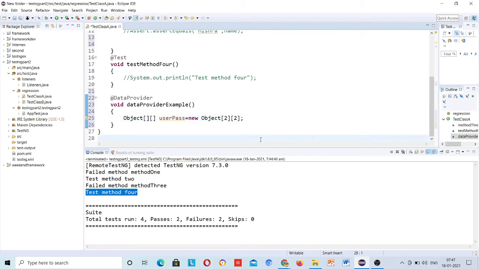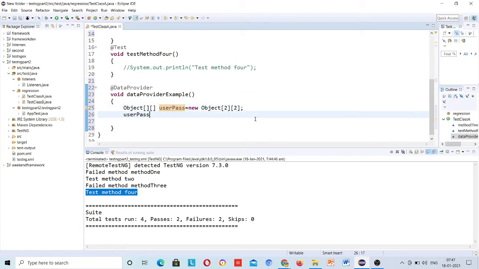So it means an array inside an array, not row and column. So make it correct: not row and column, array inside array. I am not going into too much depth. This is the 2D array concept already covered in your Java part. Just go and watch that video if you missed it.